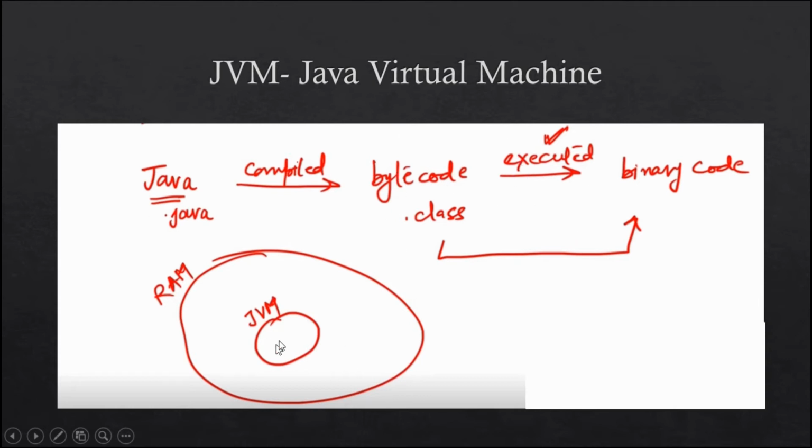So if, let's suppose, this big circle is your complete RAM, and it only takes up this much space, which is your JVM, Java Virtual Machine. Like I mentioned, it does not require the complete space of your RAM. It only requires this much space, and this part of the execution is done by the JVM in this limited space. That's the reason it's a secure language and it's platform independent. So if you have that JVM in your RAM, you can execute your code in a completely easy way. All right, so that is all about the Java Virtual Machine.